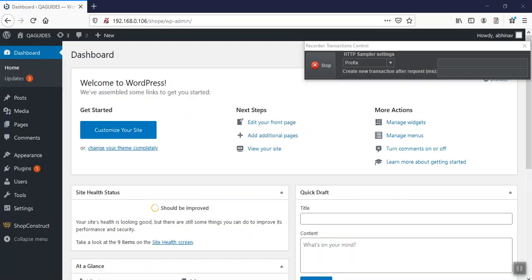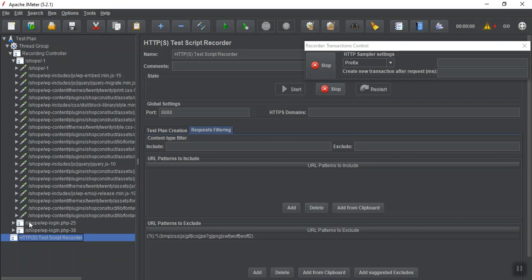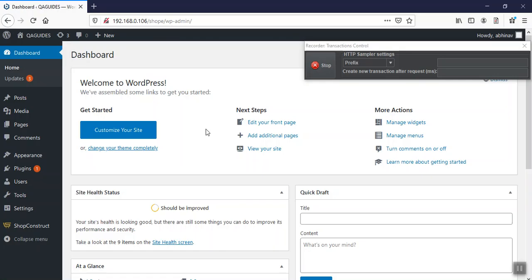See, I am able to log in, and if you go here, you can see two requests have been generated, that is WP login, two times. I will tell you the difference between them. Now this page has been opened, so go here and click on visit site.